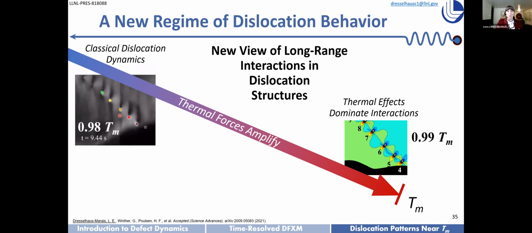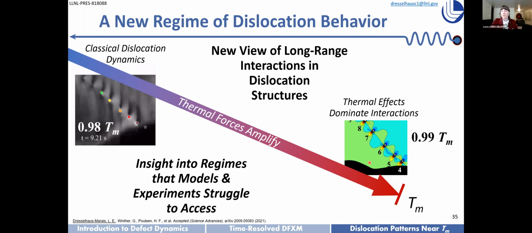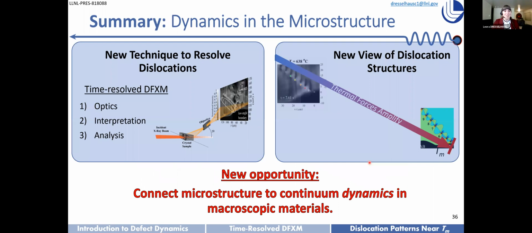I've shown you in this particular example how we can move from classical dislocation dynamics at an unprecedented 98% of the melt, and we can watch how the thermal forces amplify until we eventually end up in a thermally dominated structure just at the cusp of melting. And this gives us important insight into regimes that both models and experiments have historically really struggled to access. So now to wind up, just to summarize, I've shown you today how I've developed this